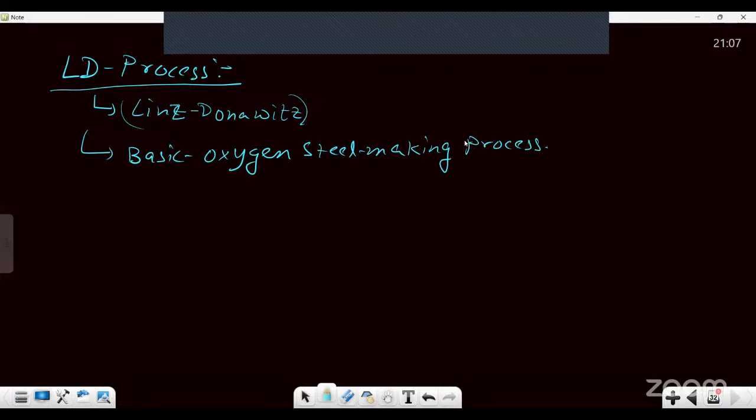This is the basic oxygen steel making process, and it is the most widely used method of steel production in modern steel plants. Now, what happens in this process? In this process, basically molten pig iron from the blast furnace, along with a controlled proportion of scrap steel, is charged